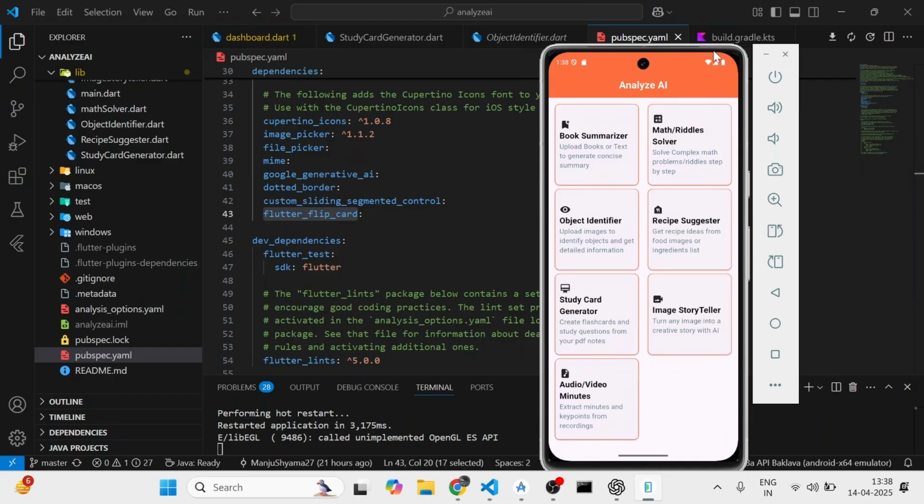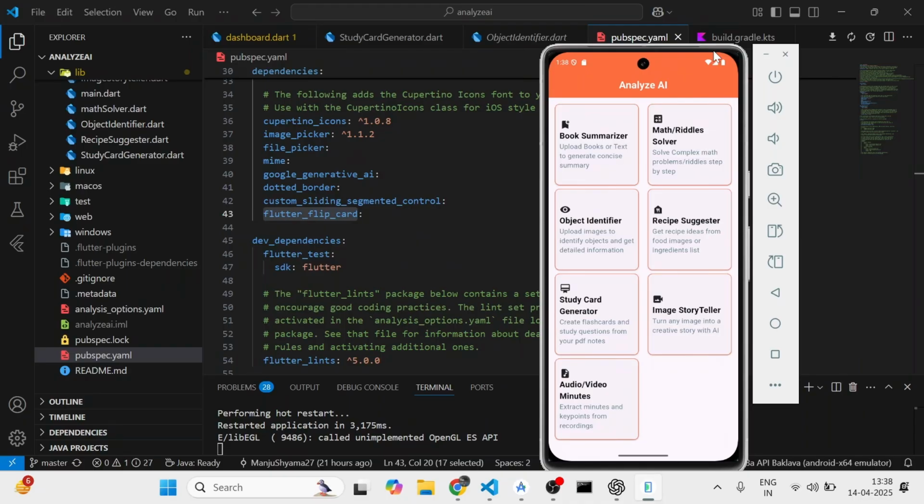Now, you will be passing some data. It could be of any form. It could be a PDF file, an audio file, image file, or a video, and you would be asking the AI to analyze or make some assumptions upon the data that you give, and you would be passing in different prompts. So these are the 7 different mini apps, you can say, that I have made over here, and I'll be explaining them to you one by one.